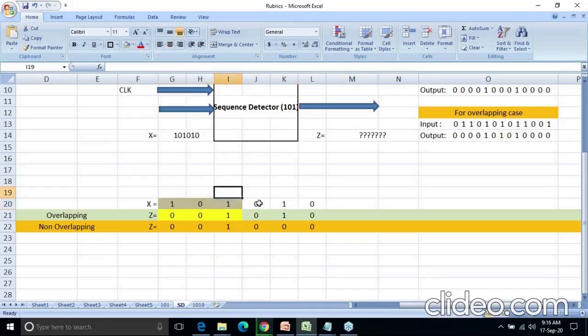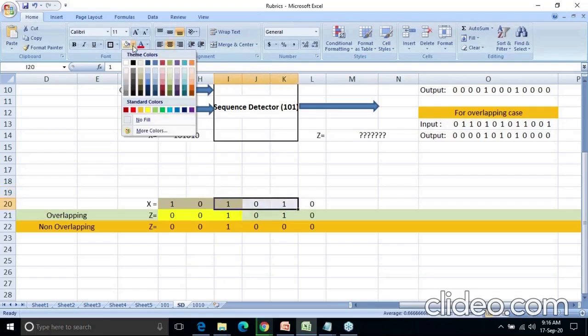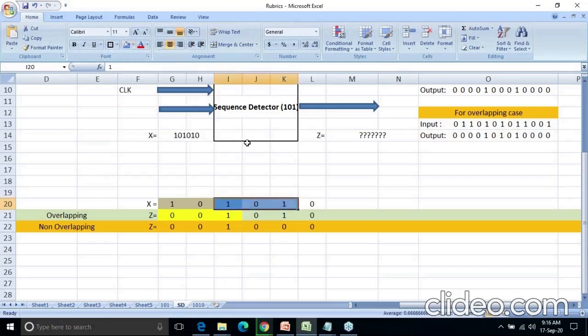Now instead of starting with a fresh bit, I am taking the overlap. I am taking the last bit as my first bit, and this is my second sequence. So this particular bit is overlapped in the first sequence and also in the second sequence. What is the meaning of this? The last bit is acting as my first bit, and that's why it is called overlap. Got the concept? What is meant by overlapping? The last bit of your sequence is acting as your first bit, so that is the overlapping.